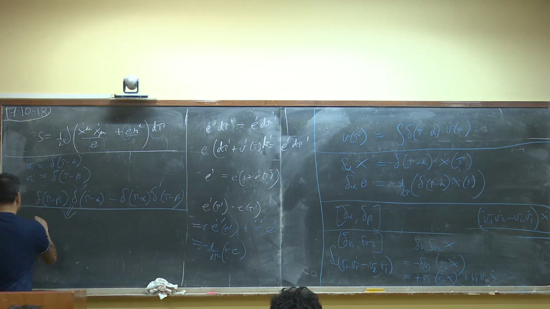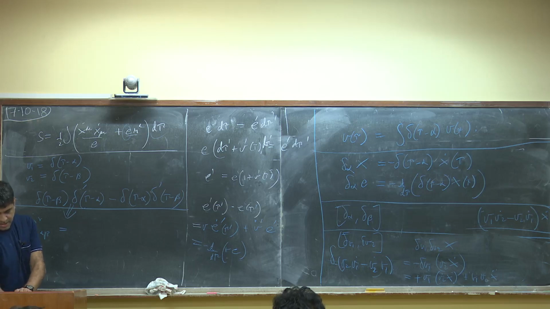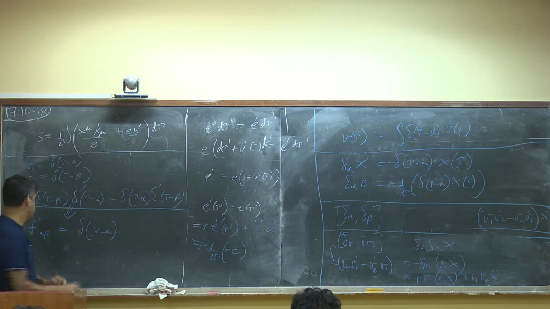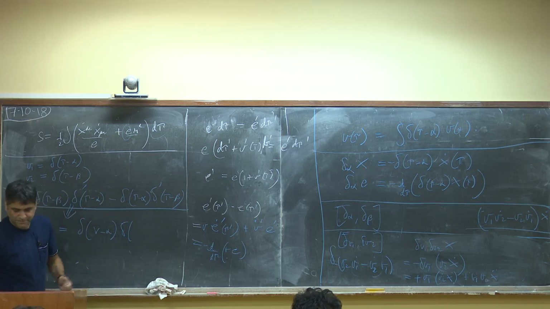This implies that f gamma alpha beta is equal to delta of gamma minus alpha delta prime of gamma minus beta,